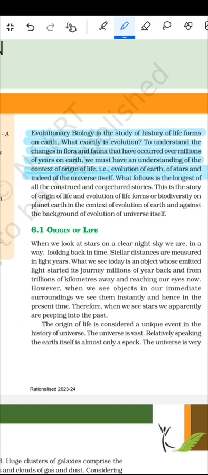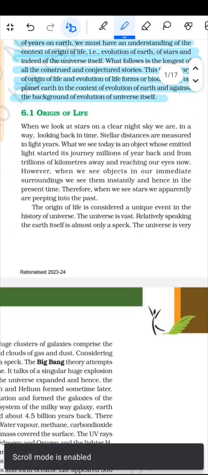What follows is the longest of all the construed and conjectured stories. This is the story of the origin of the life and evolution of the life forms or the biodiversity on the planet Earth in the context of the evolution of the Earth and against the background of the evolution of the universe itself। फिर कहता है origin of the life, तो कहता है कि when we look at the stars